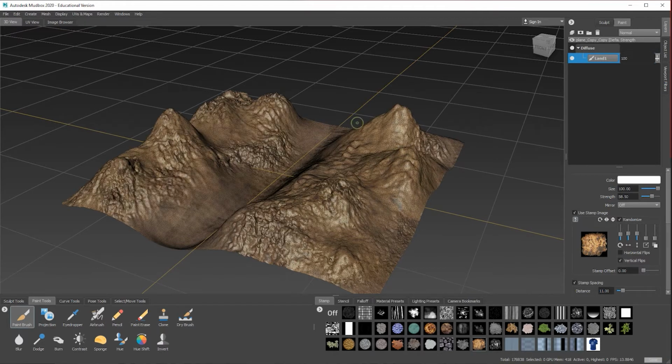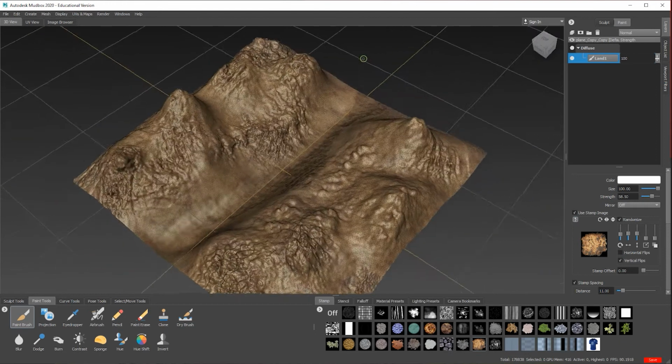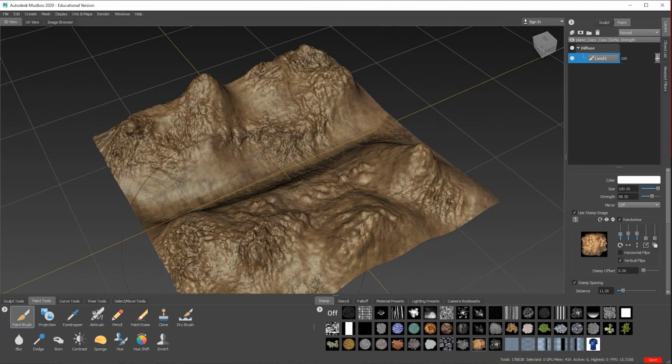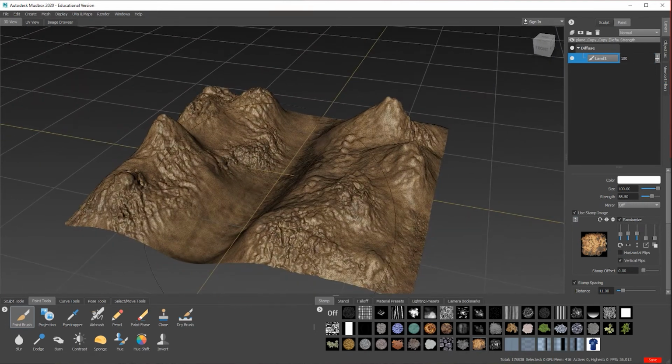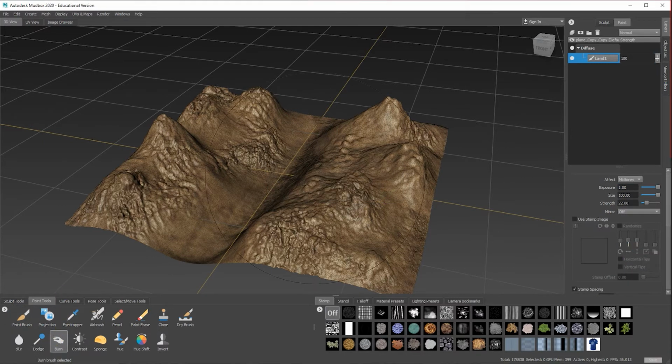I'm going to do this quick because I want to show you how to take it out of here and put it into Lightweight. So let's just say this is the base colour, which I don't know what it is. I think it's some kind of weird tiger skin or something. So let's imagine that's the base colour. I keep getting that error coming up because I imported a ground texture and I've deleted it out of the folder I was using. Now it's saying where is it, that's why.